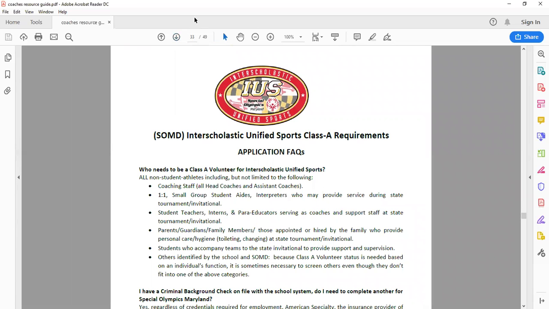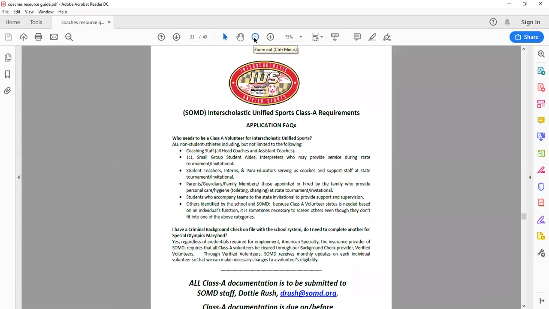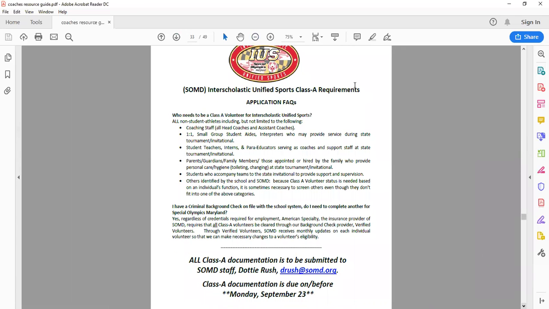And then, as I referenced in the overview, all non-student athletes have to complete the Class A clearance requirements. Who is a Class A volunteer is here: coaching staff, head and assistant coaches, any one-on-one aides, small group student aides, interpreters, student teachers, interns, and paraeducators serving as coaches and support staff for the state tournament or invitational, parents, guardians, family members, or those appointed or hired by the family who provide personal care, hygiene at the state tournament,